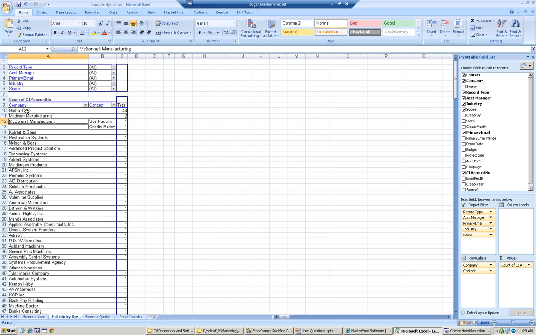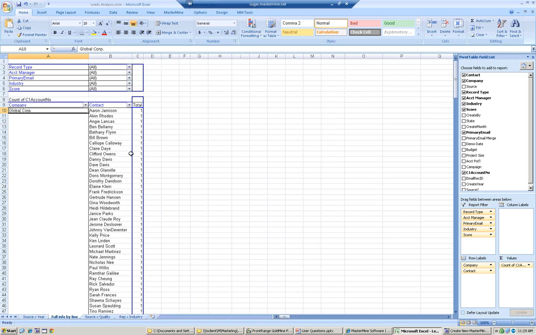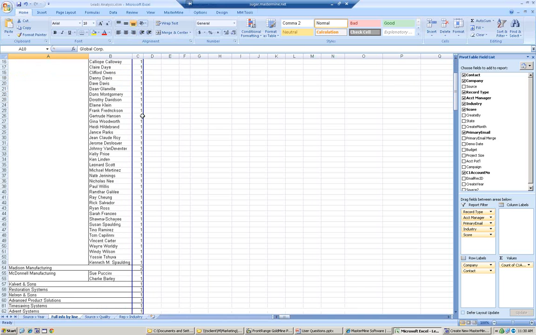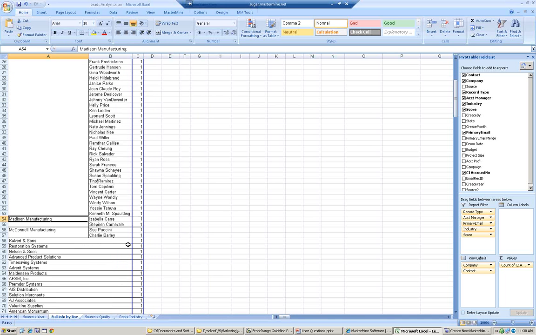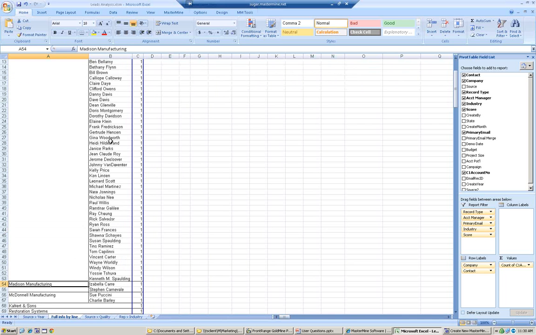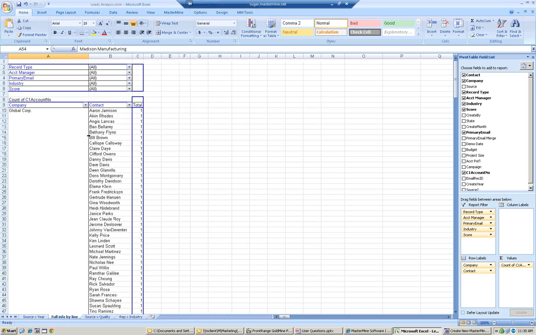So if I double-click here on Global Corp, you'll see there are 44 of those, so I see the 44 individual names. By the way, I don't see any duplications among them. If I did, I would see a 2 or 3 or 4 or whatever in the data area. So my demo data here happens to be fairly clean already. So I've got individual names for everybody. If you did this on your own database and you're not using a nice clean demo database like I've got, you're obviously going to find probably a fair number of those duplicates. And from there, you'll be able to drill through and eliminate the dupes just because you see them next to each other,